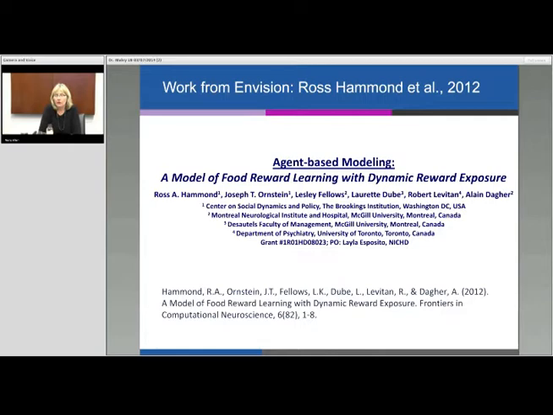So he made agents that represented people in his computational model, and he gave them, based on real data, preferences for learning how much to prefer different foods, and he put them in a quote-unquote environment, which was really a grid, but to simplify the real-world environment of where you might go and see fast food joints with highly palatable but high caloric food versus healthy food, you might say the whole foods of the world. He simulated that on a grid and put high palatable and low palatable foods on the grid, and simulated in time, and showed that the history of people's exposure to foods, these different high and low palatable foods, and their reward learning style based on their, I guess, genetic makeup,